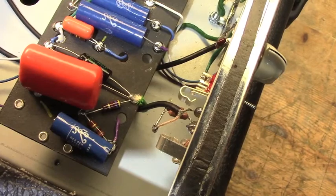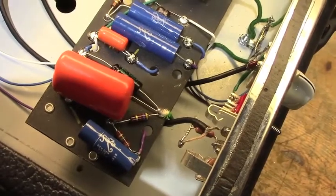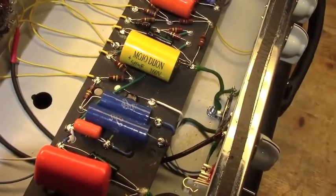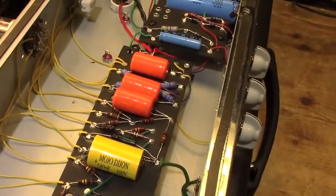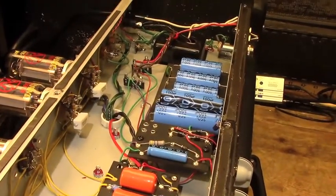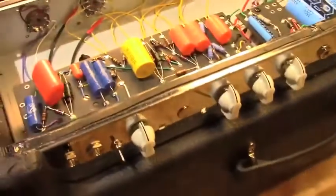Alright, here we are inside, and you'll notice that I've stuck pretty closely to the correct specifications for a Bassman. There are a few little changes here and there that would make it a little more full range in the tone section, a little more controllable low end in particular. If we look around the front panel real quick, and I think it's right side up this way, we can see that